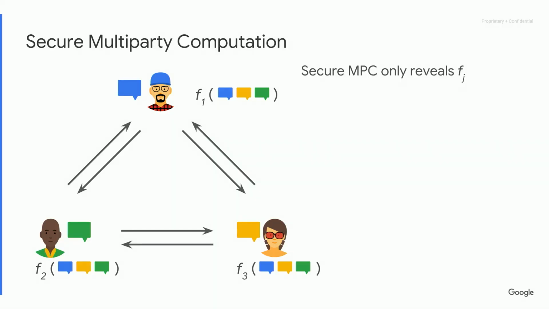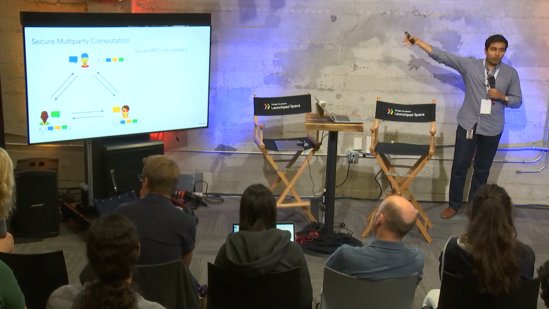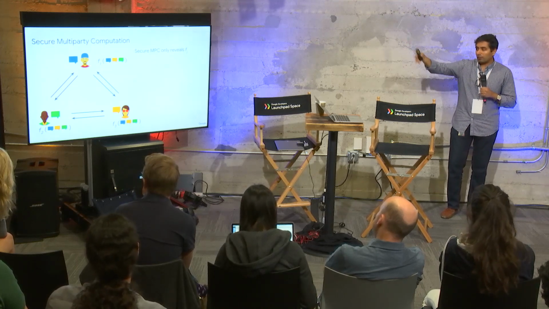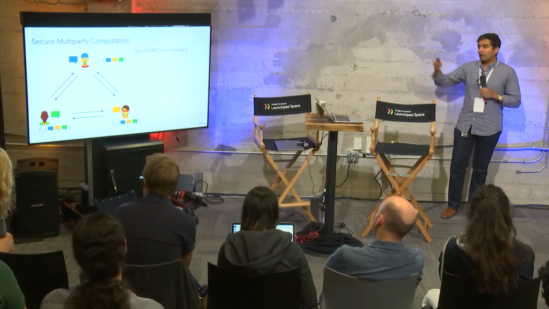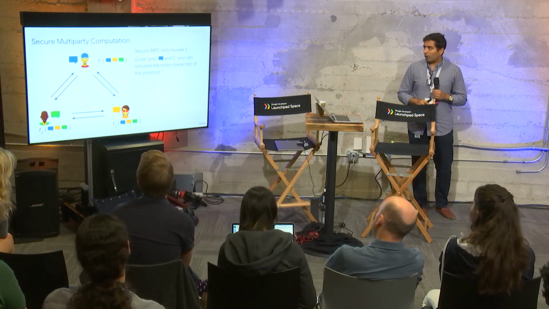In particular, Bob doesn't know what the green value is, insofar as he can kind of figure it out from the function evaluated on the green value, but he doesn't know what the green value is. Similarly, Charlie might know what the green value is because it's his input, but he doesn't know anything about Bob's blue value. And he only knows F2 of the inputs that are communicated. And similarly, this person. What do you mean by they don't know anything else, or the protocol does not